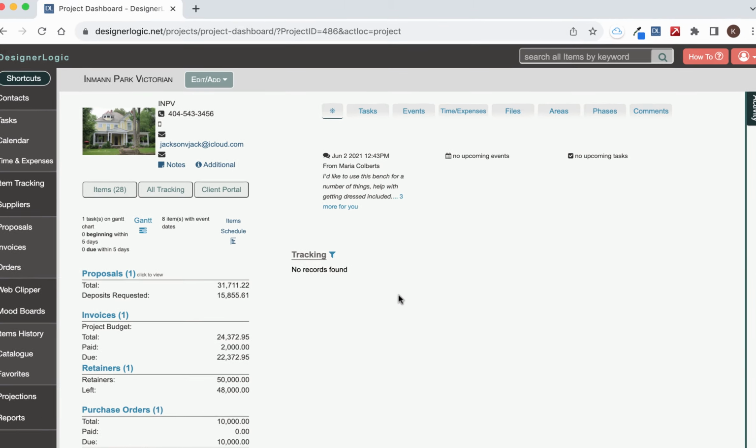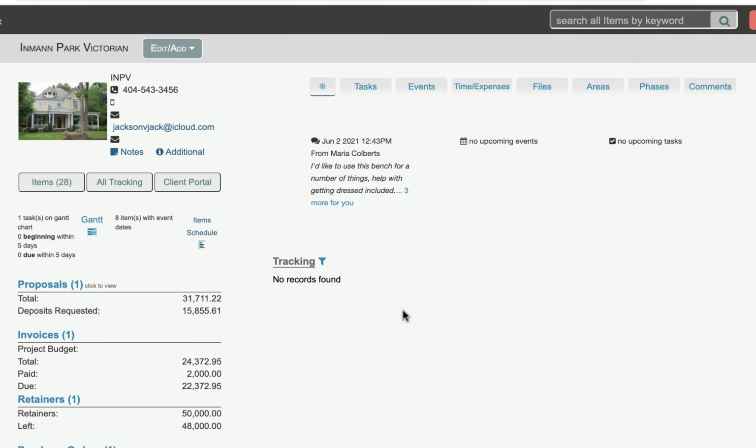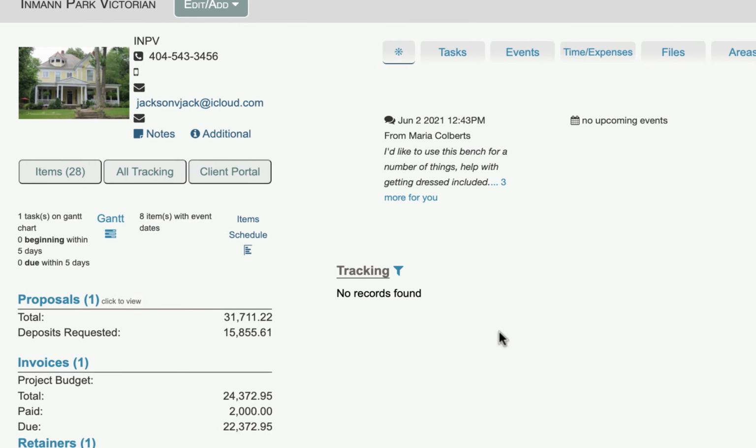You can publish an invoice to the client portal so the client can access and view it. The client cannot see any invoice that you do not manually publish. There's a few places you can do this in DesignerLogic, and the quickest way, if you're used to it, is